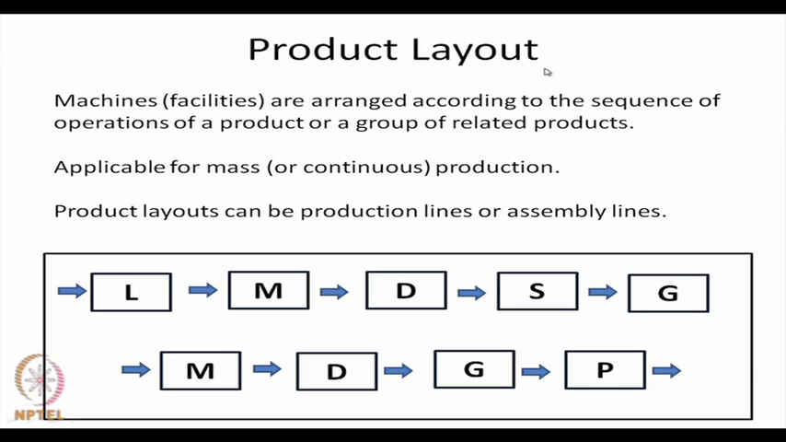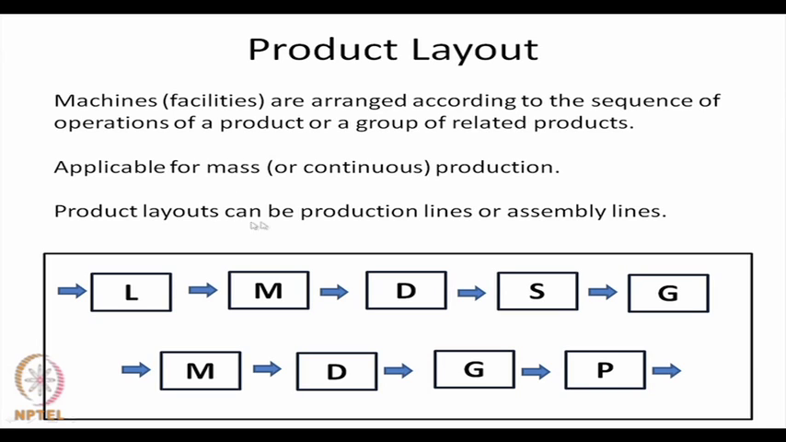In a product layout, the machines are arranged according to the sequence of operations of a product or a group of related products. That means the sequence of operation is fixed; even if the product is one or a group of products, they must have the same sequence of operation. If the operation sequence is known, then the machines are arranged according to the sequence. They are naturally applicable for continuous production,